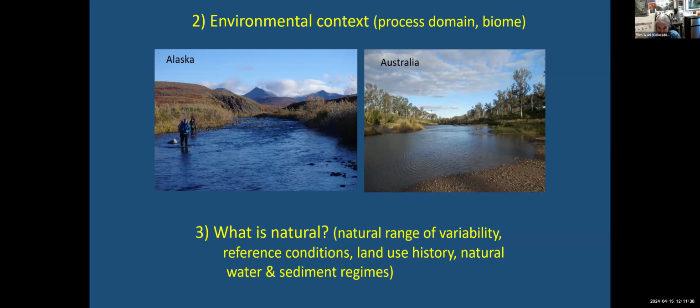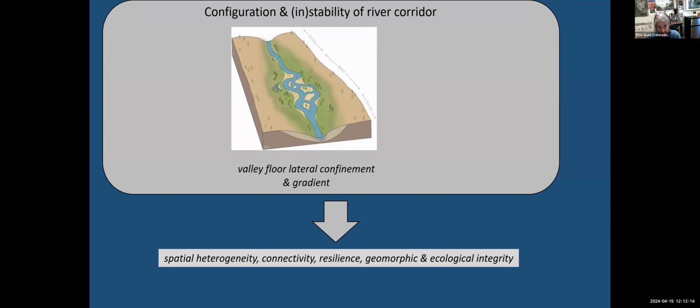So when I think about river corridors, I tend to focus on the reach scale, and I'm looking primarily at the physical context. So things like the lateral confinement. Do you have a really wide floodplain, or is it something more like a gorge? The lateral confinement often correlates with the reach scale gradient. Now, if you've got a lot of lateral confinement, you're more likely to have a steep channel that's transport dominated.